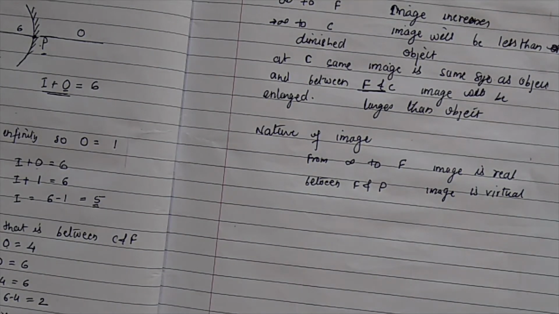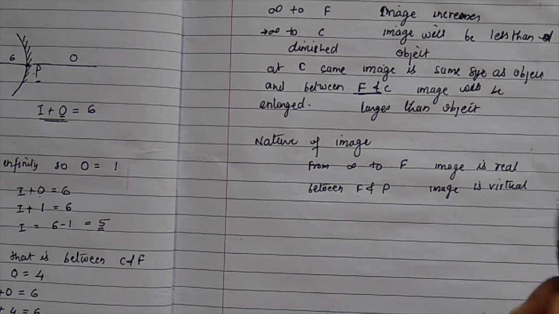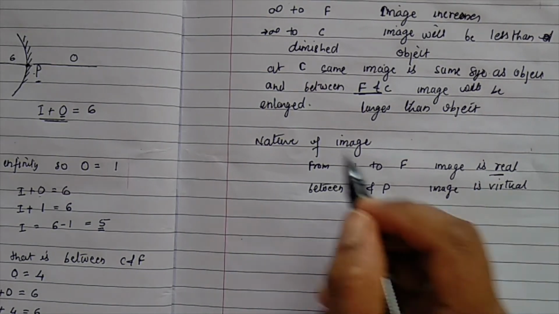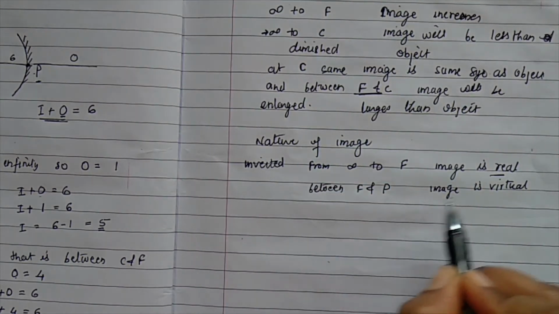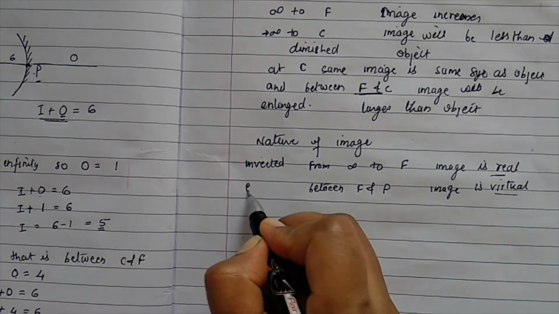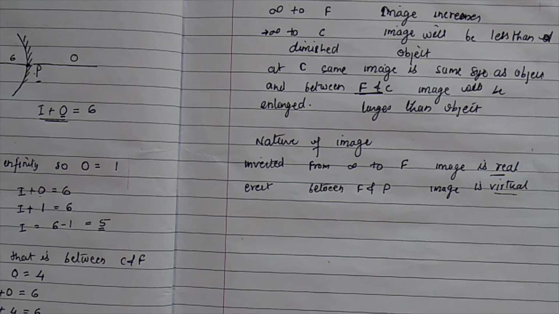If you talk about erection, like whether the image will be erect or inverted, for that, a real image is always inverted, and a virtual image is always erect. Even our eye makes a real image, and the image is inverted in our retina, which is read by the brain in the correct way.